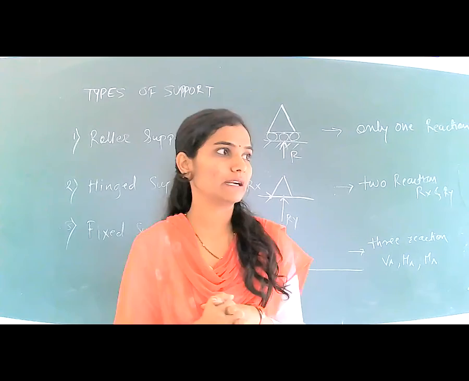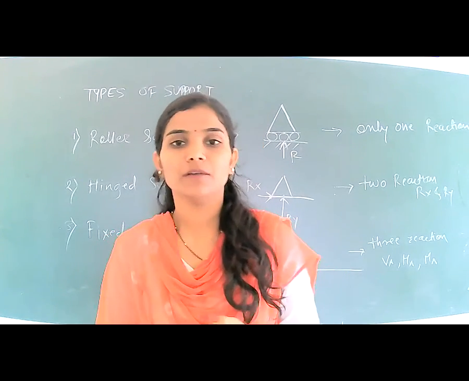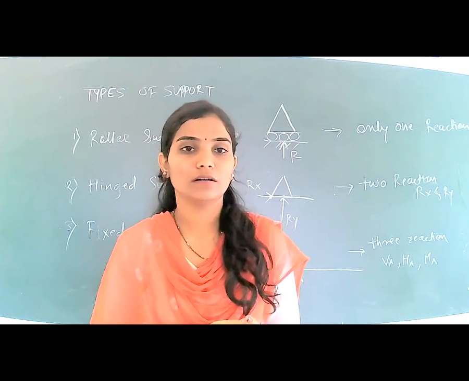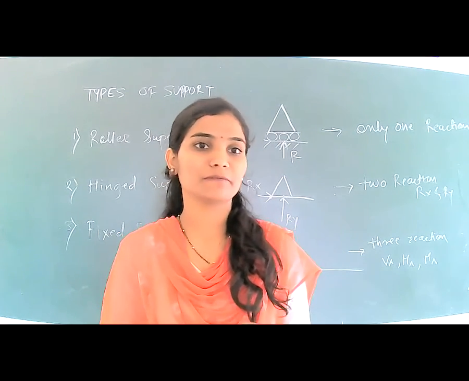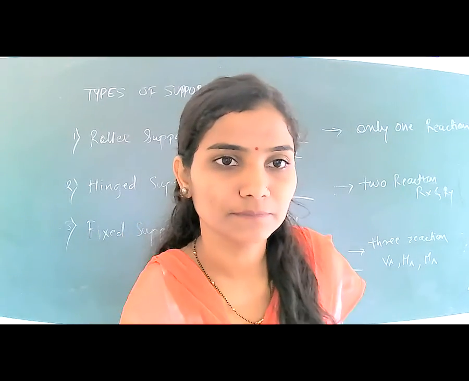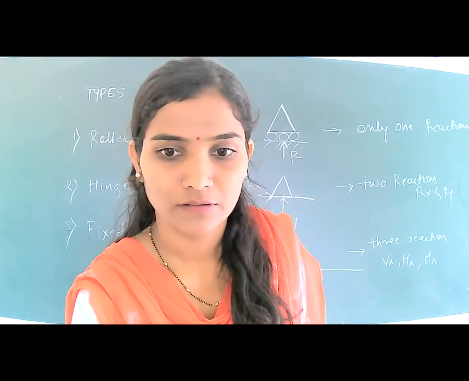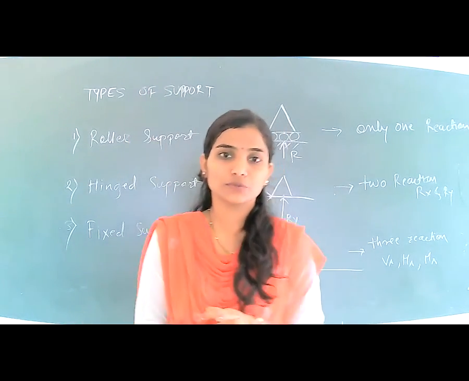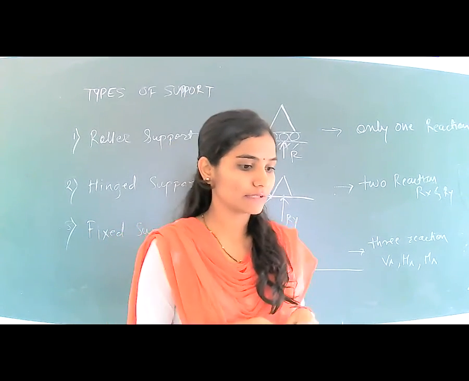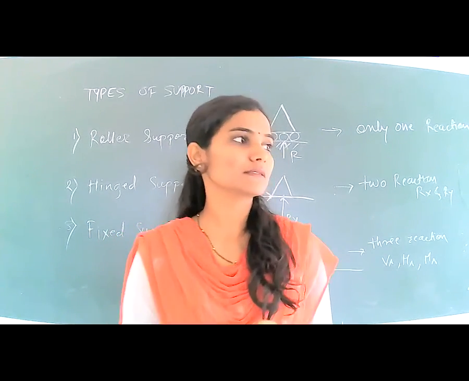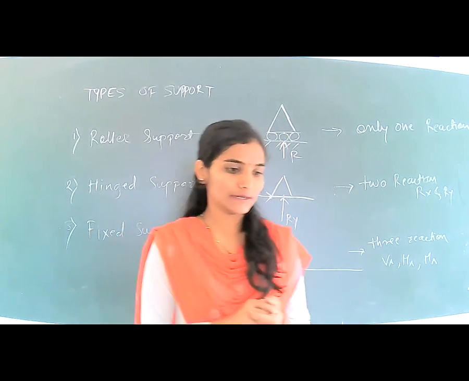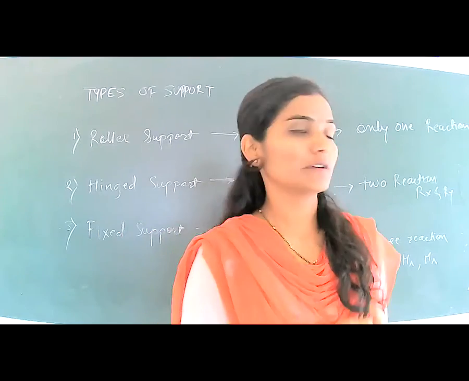Here we are starting our third unit, that is shear force and bending moment diagram. Before we start the shear force and bending moment diagram distribution, here are the basic concepts which are used in this unit. First, we have to see the types of beam: the first one is simply supported, second is the overhang, third is the cantilever, and fourth one is the continuous beam.